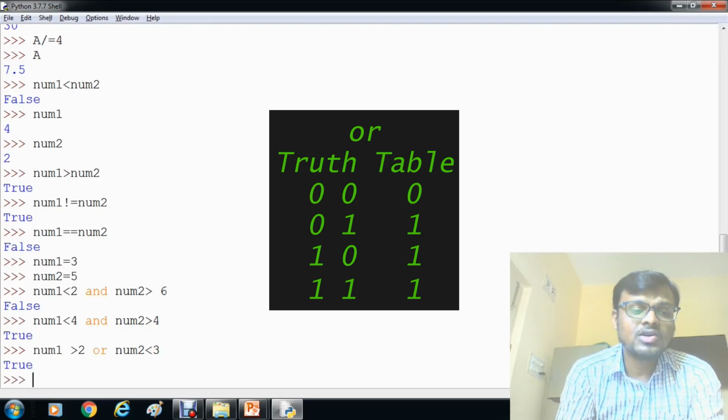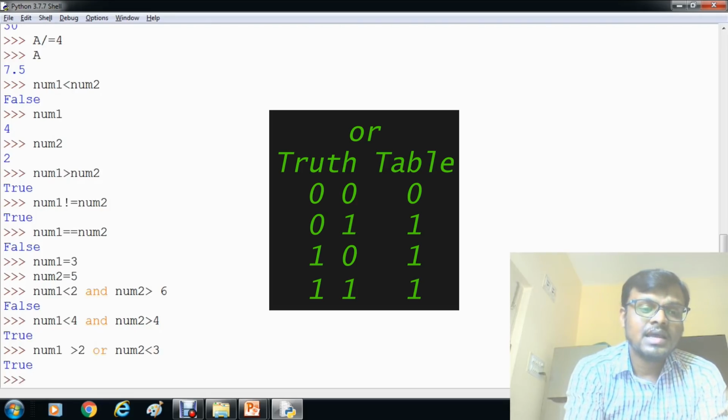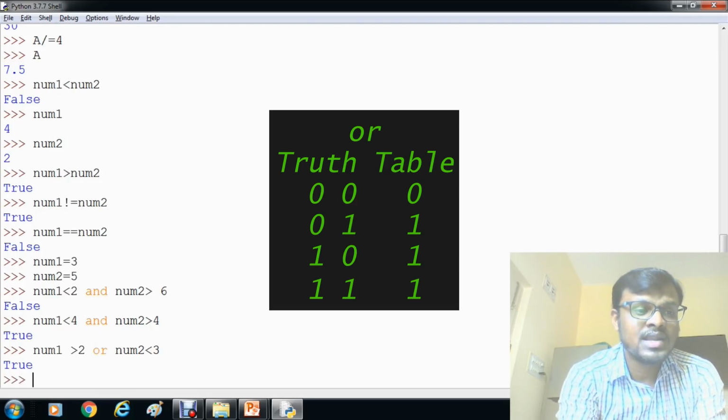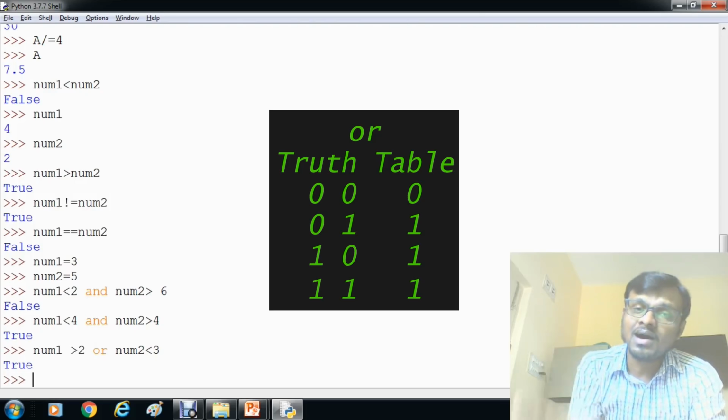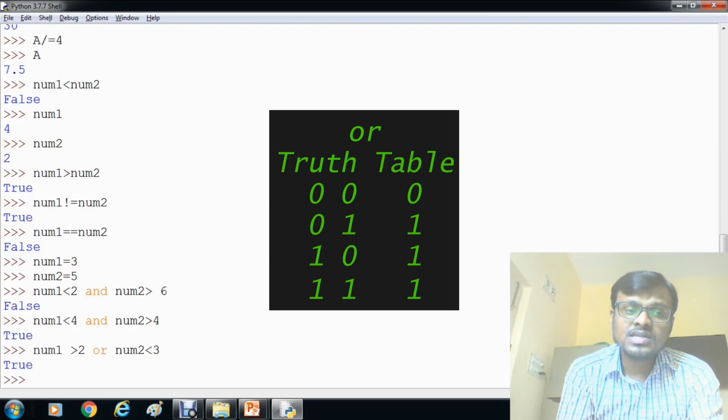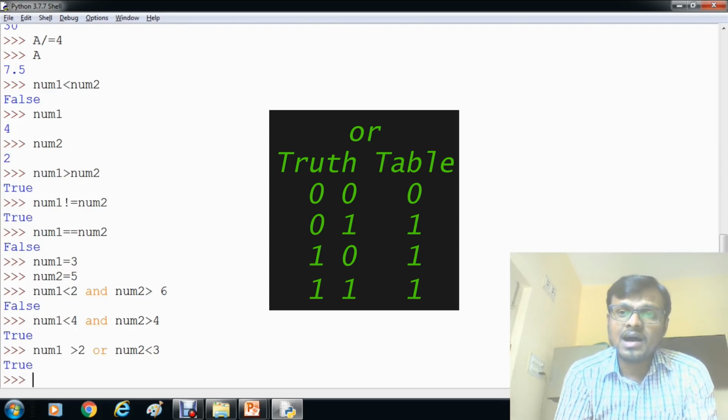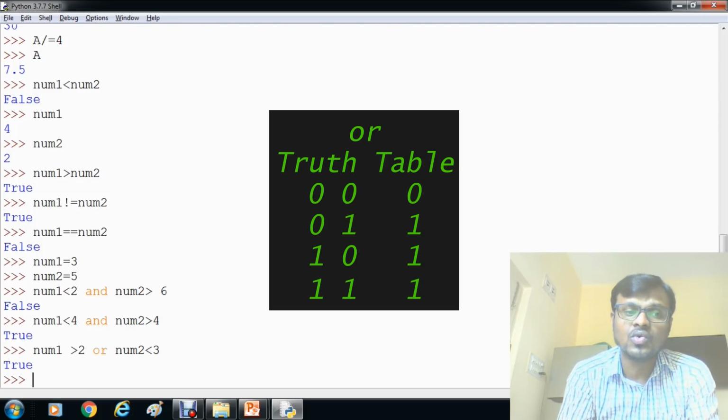So it should give output true now, because here num1 is greater than 2, it is satisfying, and num2 is less than 3, it is not satisfying. But we have used the OR operation here. In the OR operation, if either condition is true, the output is true only.